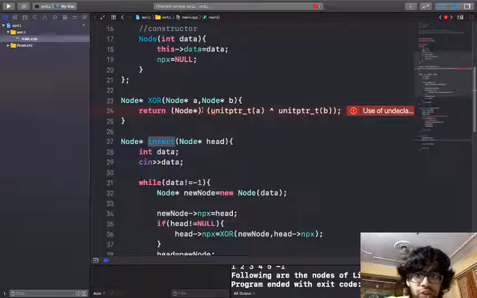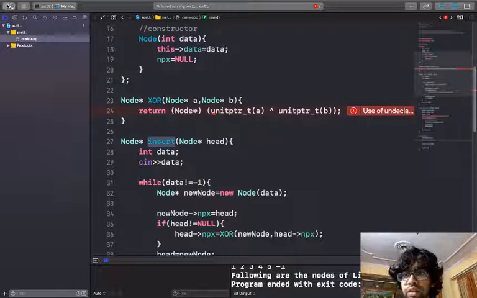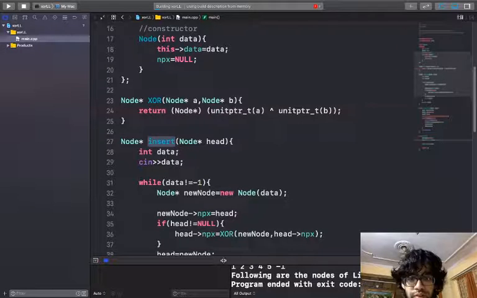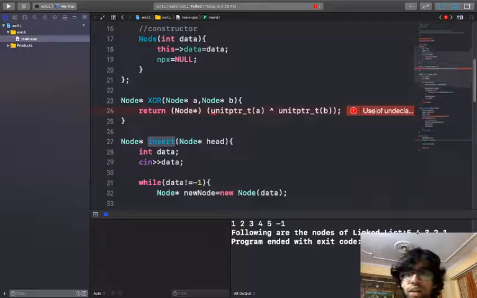Nodes are XOR, nodes are A, nodes are B. I think it should work fine. Let's run. Will it fail?